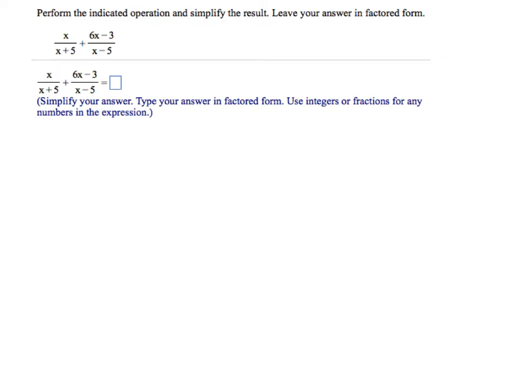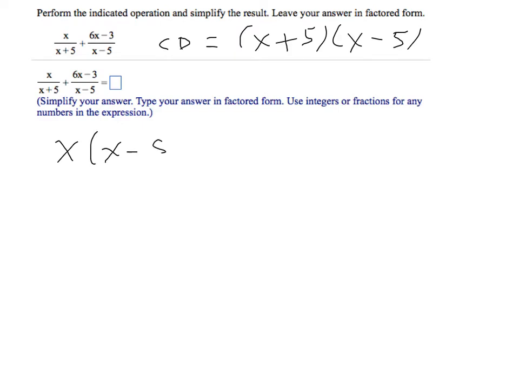Here's another variation on the problems with finding a common denominator for rational expressions. In this example, we can see that the two denominators are different, x plus 5 and x minus 5, and so a common denominator is going to be using the product x plus 5 times x minus 5. So in order to make that happen, I need to multiply the first fraction by x minus 5 on the top and bottom,